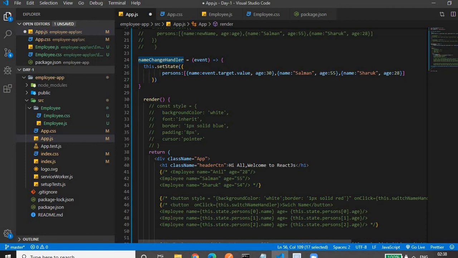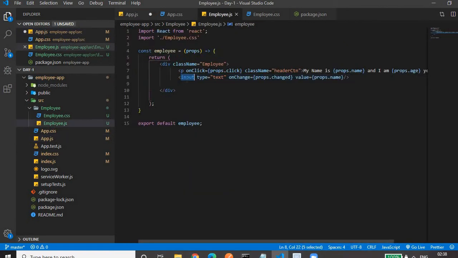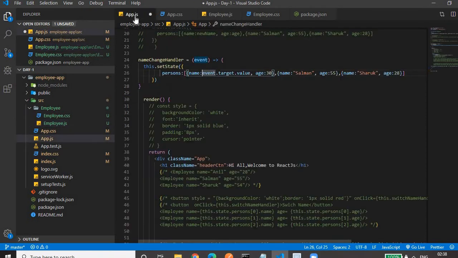In it, we are changing the state of the first employee on the basis of whatever data the user has entered in the input field. That's why we have an input field in the employee component. Whatever the user has entered, we are retrieving by using event.target.value, and age is hard coded.